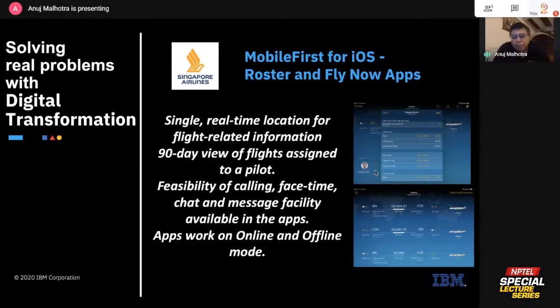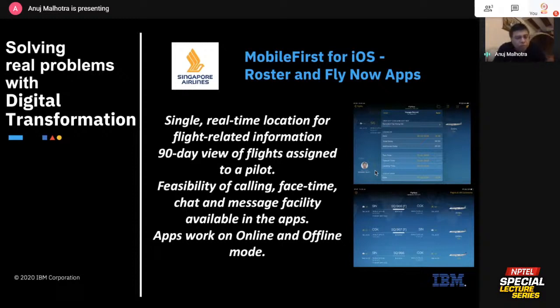We developed this app. It had a mobile front end. It had a lot of analytics behind it. It used the native features of an iOS device, which meant that starting from the morning, he would get a wake-up call on the day of his flight. He would know exactly who his co-pilot was, who his cabin crew was. He would be able to see the flight plan on the iPad right there, or during his ride in the taxi to the airport. He will know which taxi is going to pick him up. He will know which destination he's going to and what the weather is like, so that he packs correctly for that destination. All of that made the time spent by a pilot on non-flying activities minimal.